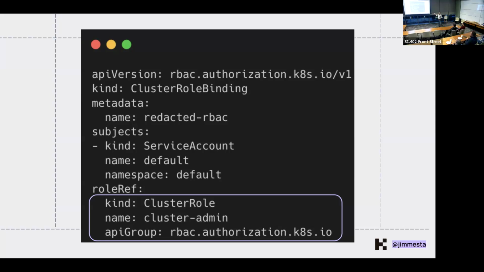Anybody know what the default service account and the default namespace does? No? Well, it shouldn't do anything, it actually shouldn't be there, but Kubernetes is going to place the service account tokens in every namespace by default, and they don't do anything unless you have a binding to them. But this is saying that in the default namespace, we're going to give this token cluster admin,